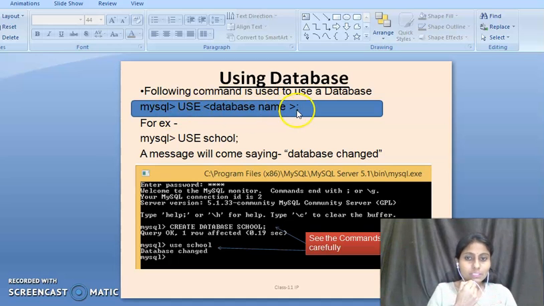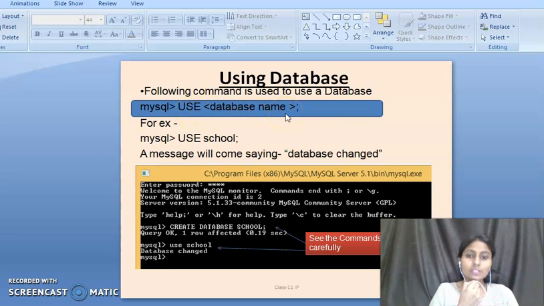So this is the syntax: the USE keyword and the database name, whatever you have mentioned for your database. So here, USE school. USE is the keyword and school is the database name that we type in the MySQL prompt to use the database we have already created.